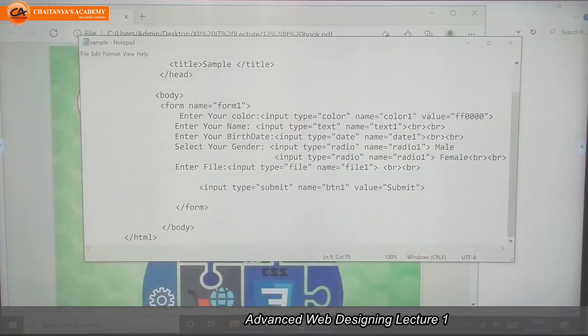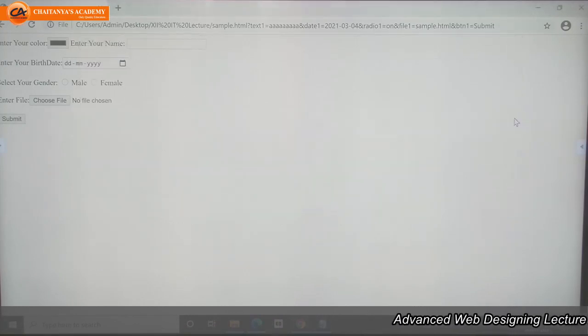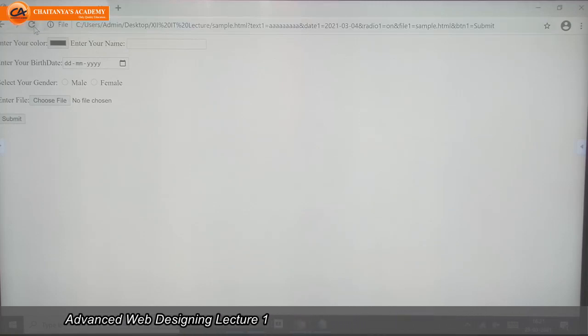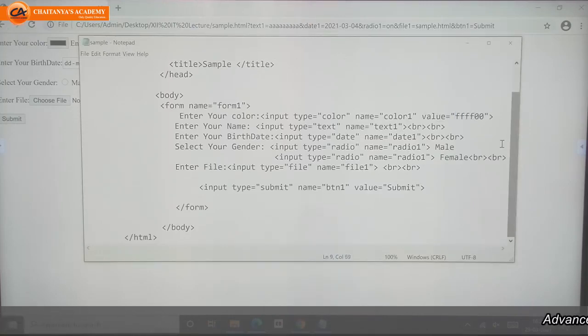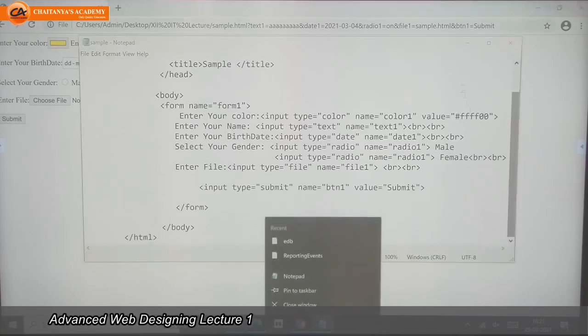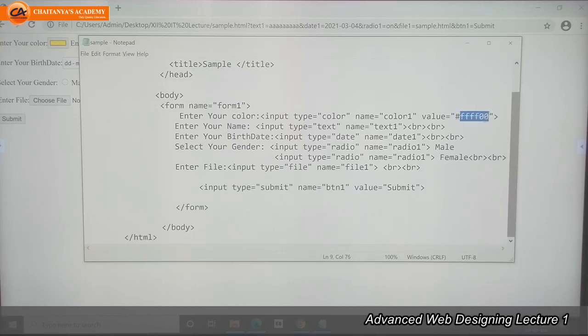You can get the color codes easily online. Here, if I write four times F, the hash symbol, I forgot the hash symbol. The code should contain a hash symbol, then the color code FFFF00.